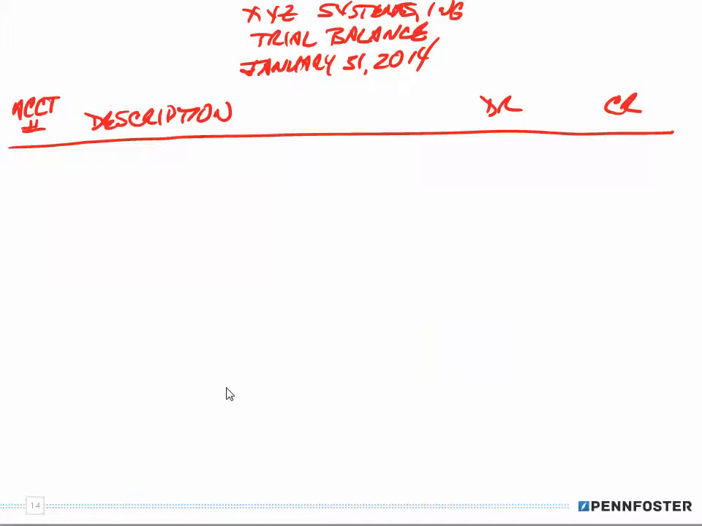All right. So description, I'm going to have cash, accounts receivable, supplies, equipment, prepaid insurance, accounts payable, common stock, dividends,